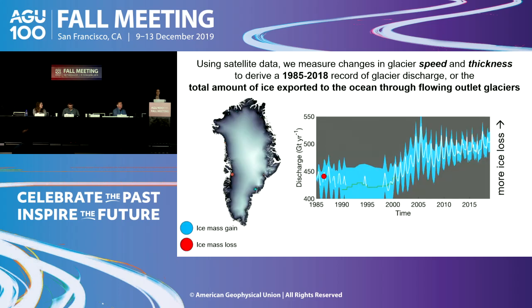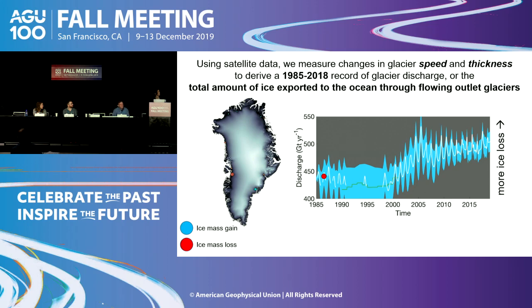So we don't just track changes in retreat through time, but we're also really interested in being able to quantify the total volume of ice that these glaciers produce. And we call that ice discharge. So you can think of that as the flux of volume that these icebergs calve into the ocean. And so we can combine our observations of velocity with changes in thinning through time to get a volume flux